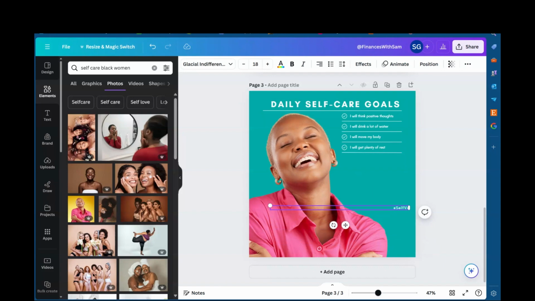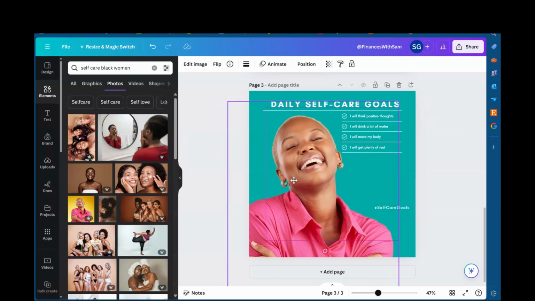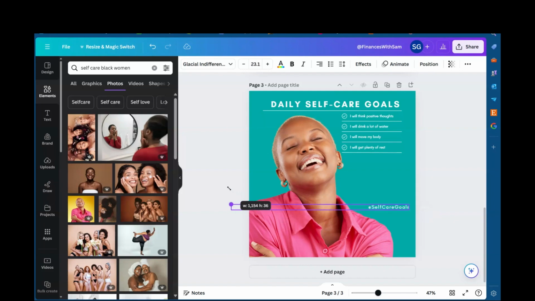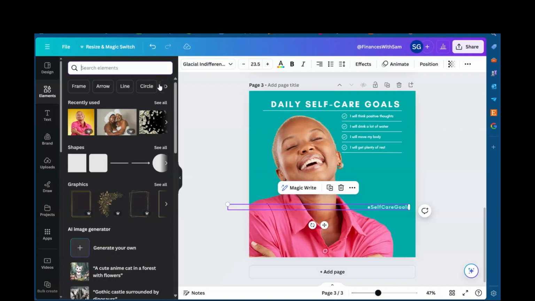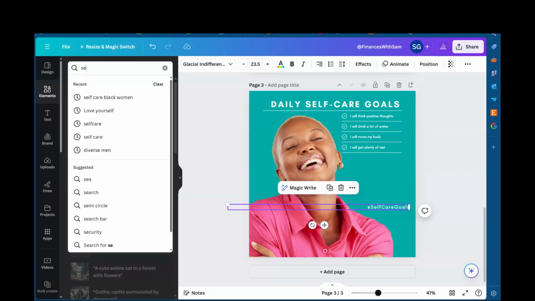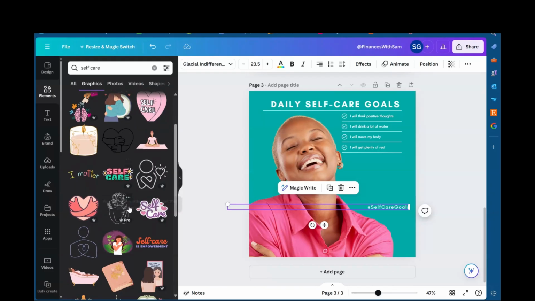You can add your Instagram right there. You can add your logo right here as well. You can move her down or up. And yeah, so then you can have that. If you wanted to just type in self-care general. If we wanted to add a little bit extra,